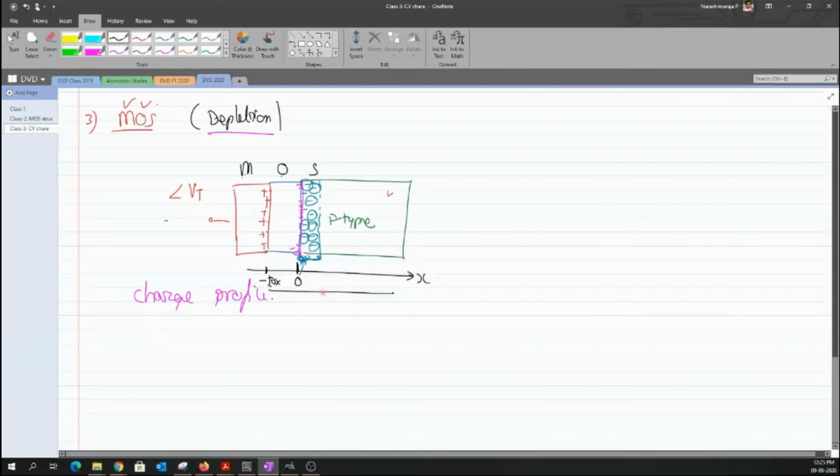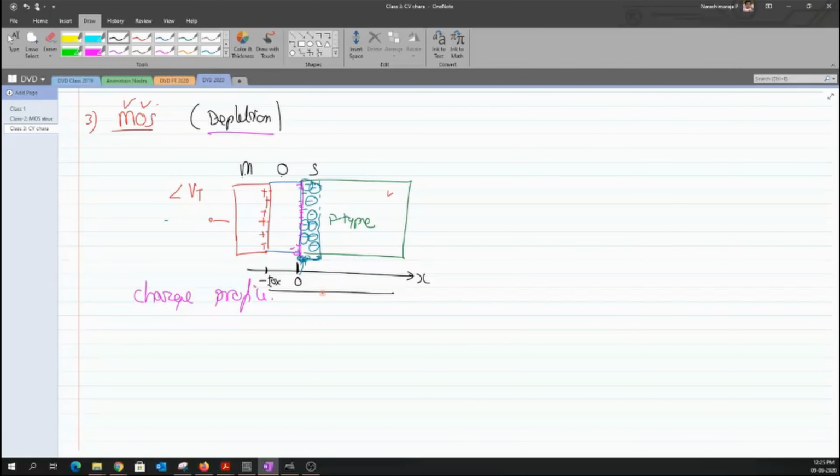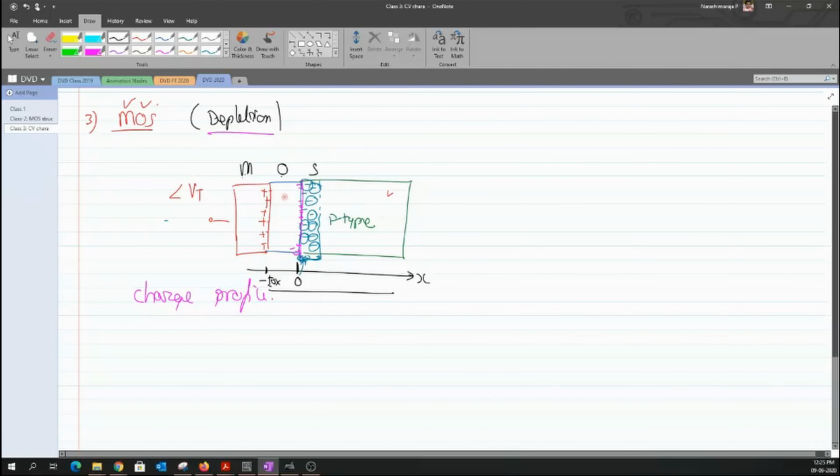I couldn't follow what you said would happen if it goes much higher than VT. Will the depletion layer be constant, or will it taper? No. The tapering will happen when we have a drain to source potential. We are not talking about drain to source, because we do not yet have the drain and source layers. I'm talking only about the metal oxide semiconductor.